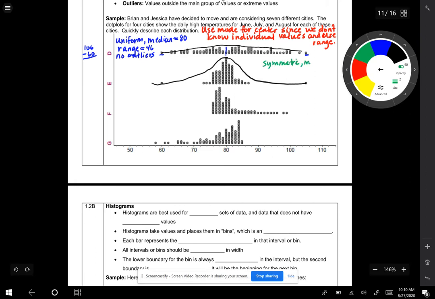The mode is around 80. The range, same as the previous one, 46. But there's two possible outliers. Without knowing the exact values, we can't calculate it, so it's best to use the word possible instead of saying there are two outliers. One at 60 and the other at 106. And there's that one. Okay, for the next one,